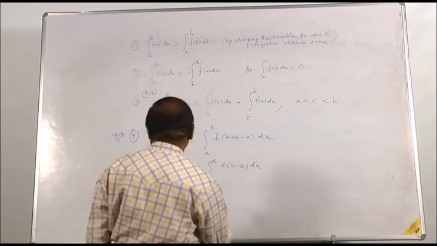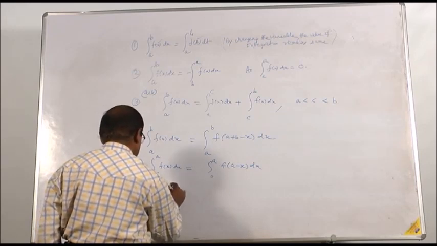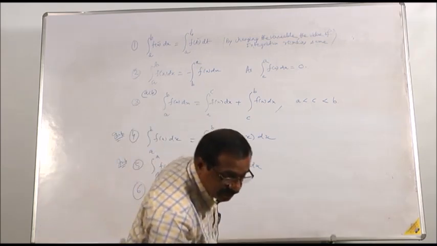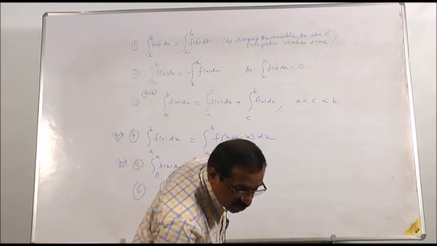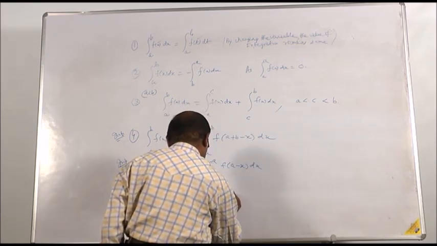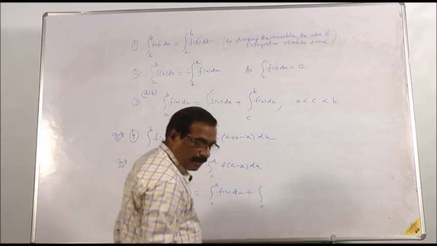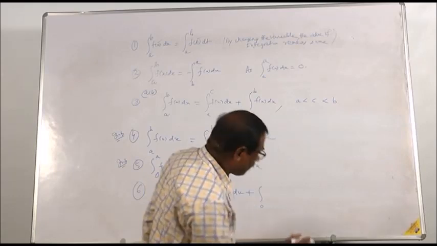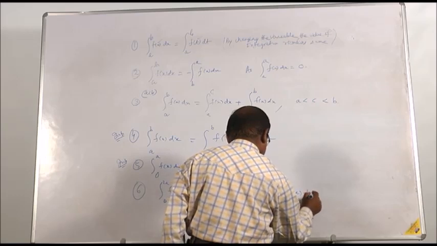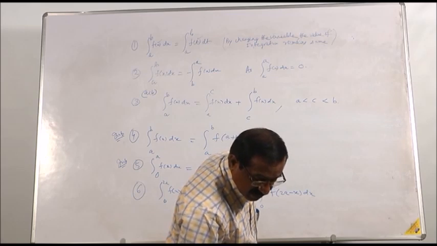And sixth one is the integral from 0 to 2a of f(x) dx is equal to the integral from 0 to a of f(x) dx plus the integral from 0 to a of f(2a minus x) dx. And seventh one is